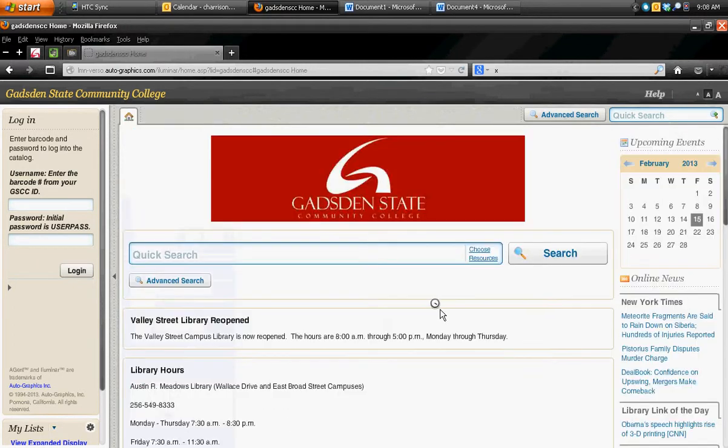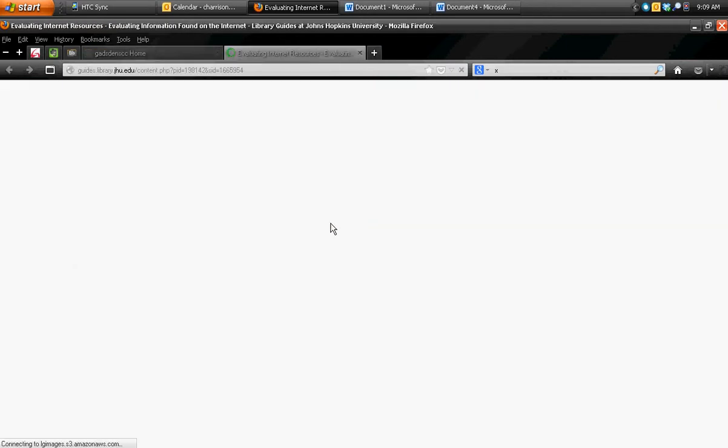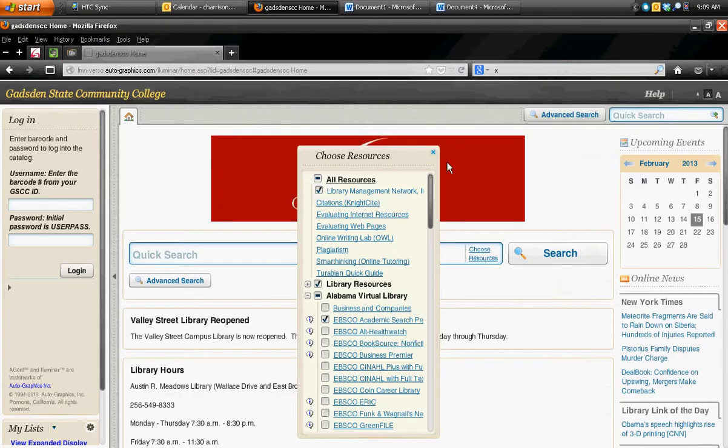Well, that is the basics of digging around through our library webpage. I hope that helps you figure out how to find what you're looking for. I did not speak about web pages. As I mentioned before, this is something that you're going to do on Google or with Bing. And again, I highly recommend that you come in here, take a look at one of these evaluating internet resources web pages to help you figure out what a good web page looks like. Again, my basic rule would be make sure it has sources of its own, make sure that it has a credentialed author who takes credit for the work, and lastly, make sure that it tells you when it was last updated. Those are the basics of completing this assignment.